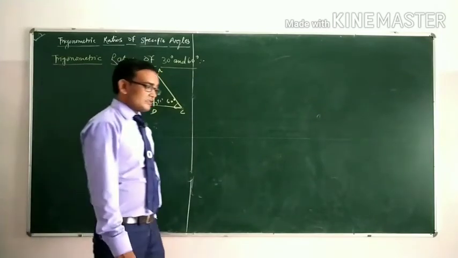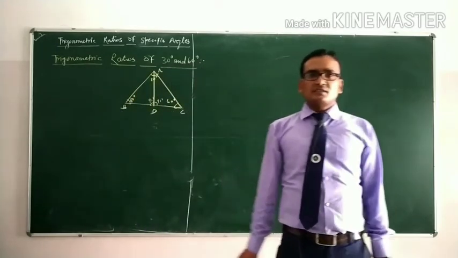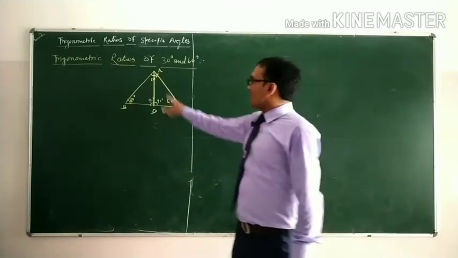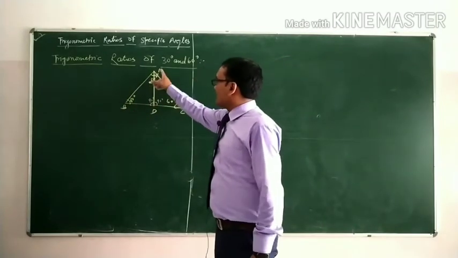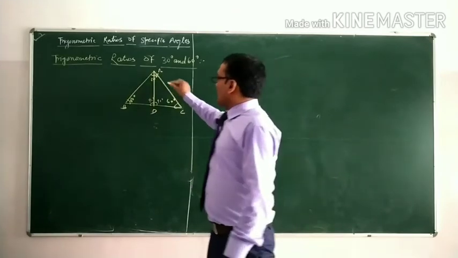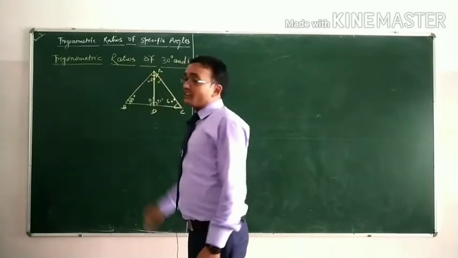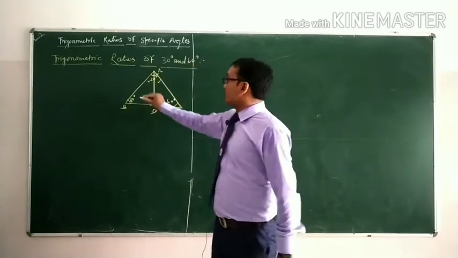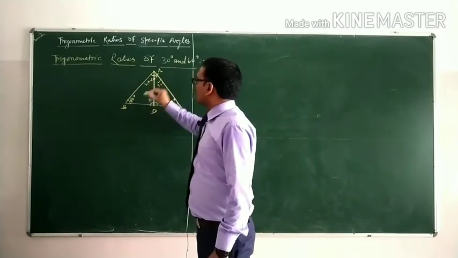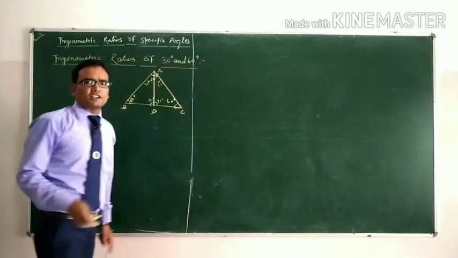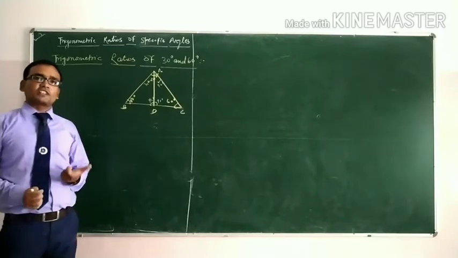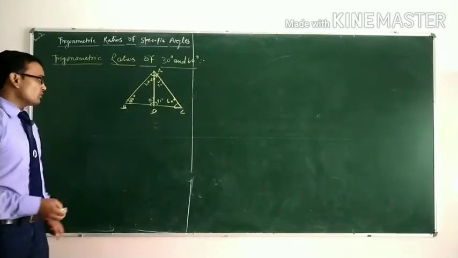Then by using the property of congruency, we can say that triangle ABD and triangle ADC are congruent to each other, and these angles are equal. Then if the complete angle is 60 degrees, this angle is 30 degrees and this angle is 30 degrees. Also using this property, we find the values of sin 30, cos 30, tan 30, cosec 30, sec 30 and cot 30. Okay students,